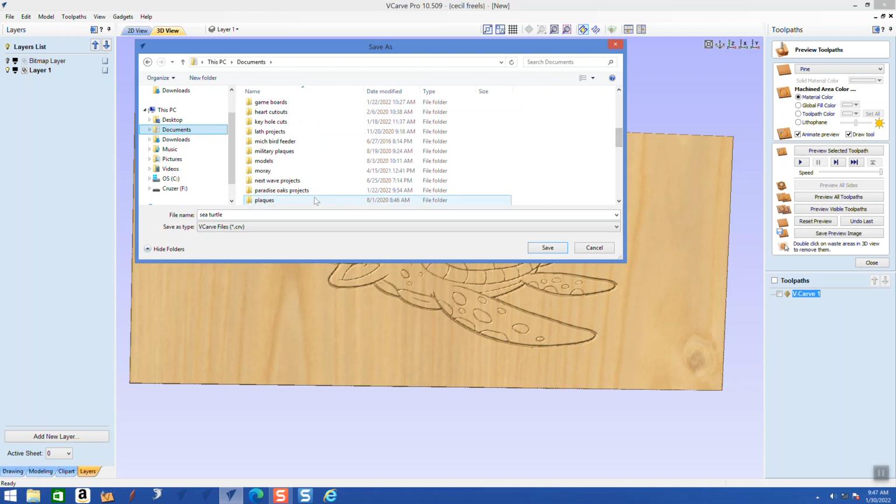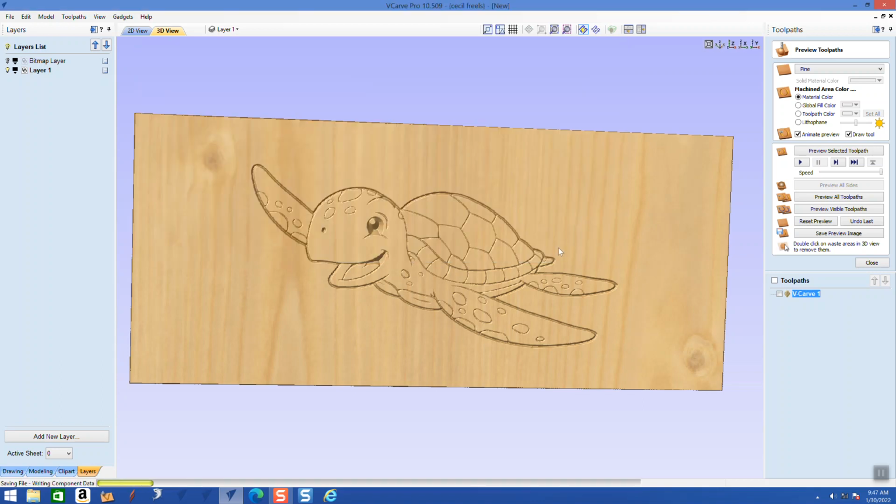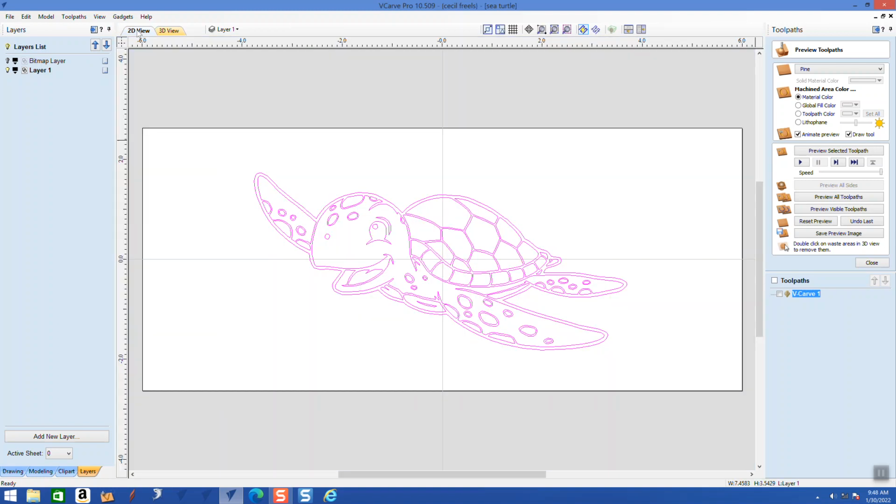So I'm going to save this under models, because that's where I'll look for it, and save it. Now keep in mind, this is not a 3D model that you're going to be using. This is a model that you can copy the vectors from. So if I come over here and do an edit, copy,